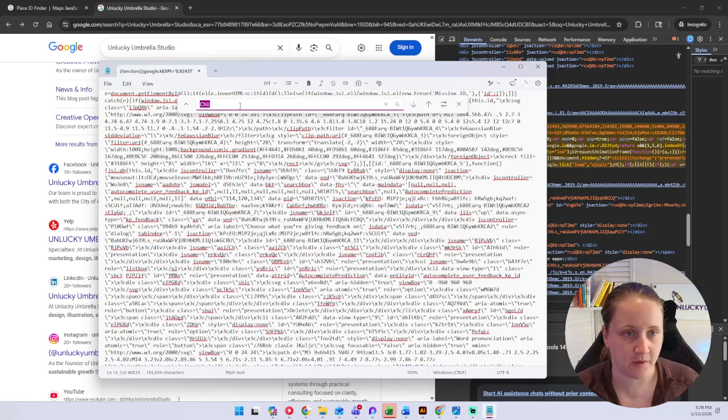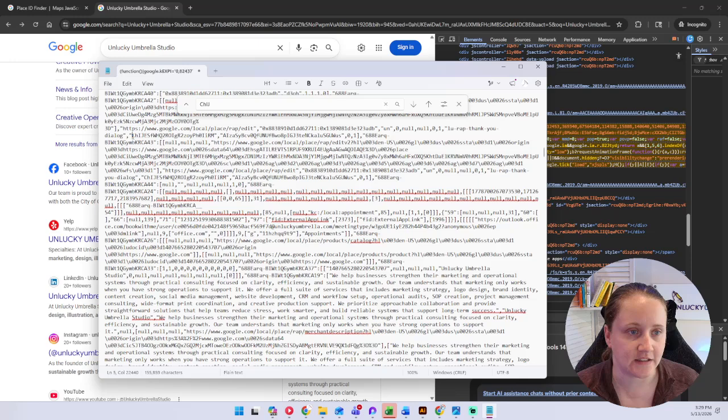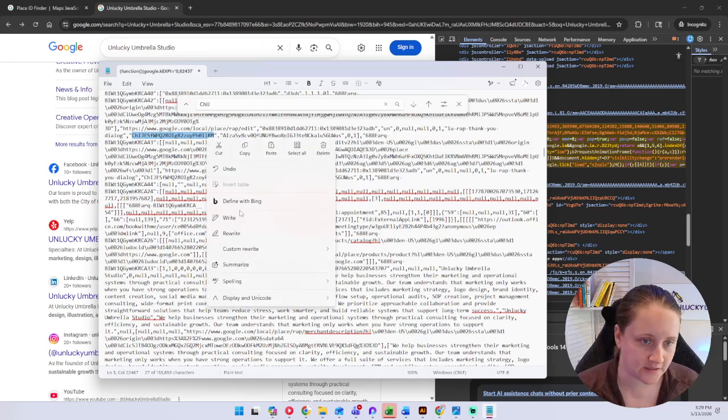So I'm going to do Command F, capital C, lowercase h, capital I, capital J. I'm going to search that. And the first instance that you find is going to be your Place ID. So Google Place IDs start with this CHIJ. And I'm going to grab all the code between the two quotation marks. So if I copy this,